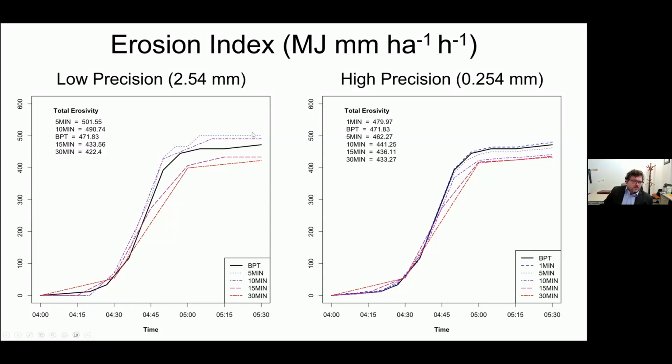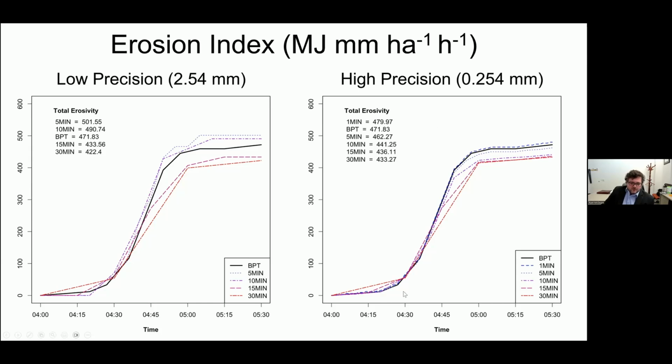if we use these fixed interval gauges. So I have here 5, 10, 15, and 30-minute data, and this is a large storm. This effect is even larger for small storms, okay? It's larger for small storms, it's smaller for large storms. This is a 3-inch event that occurs in about 1.5 hours. So it's, what would that be? 4.5 inches per hour. So it's a sizable storm.